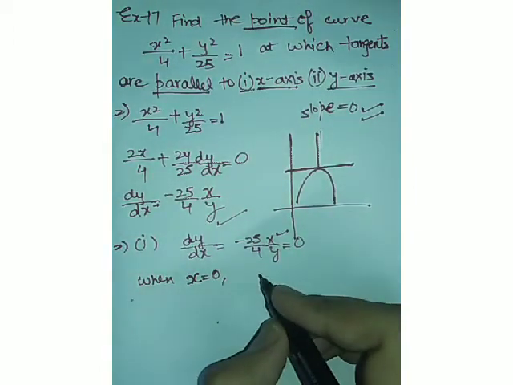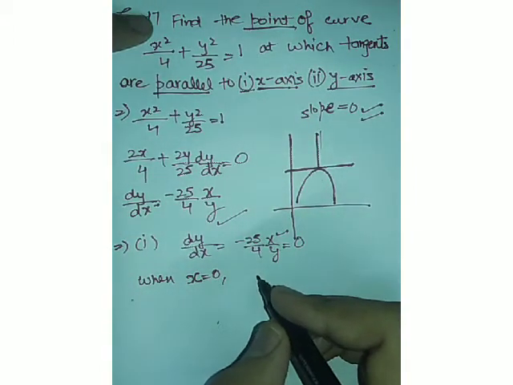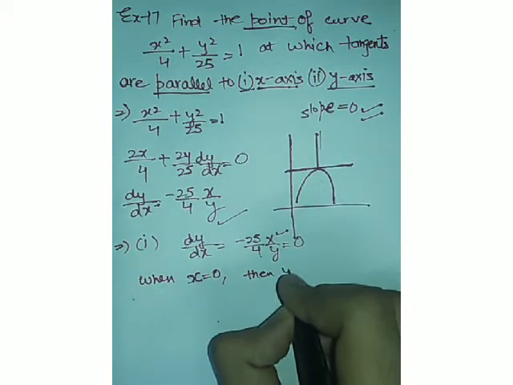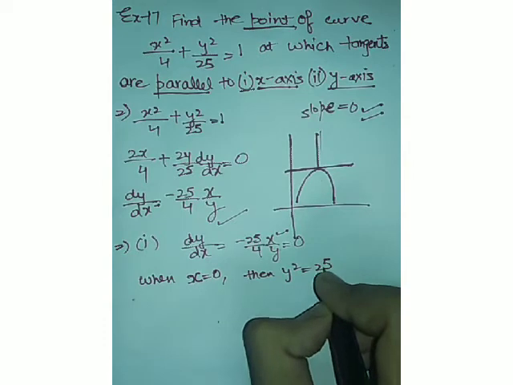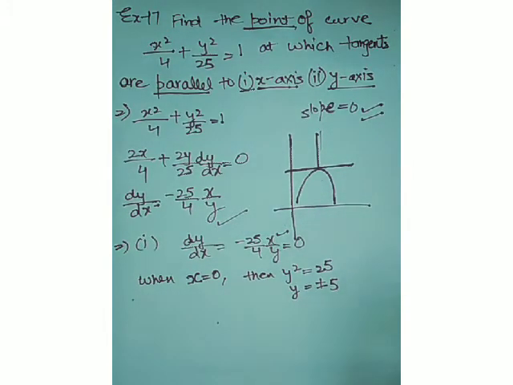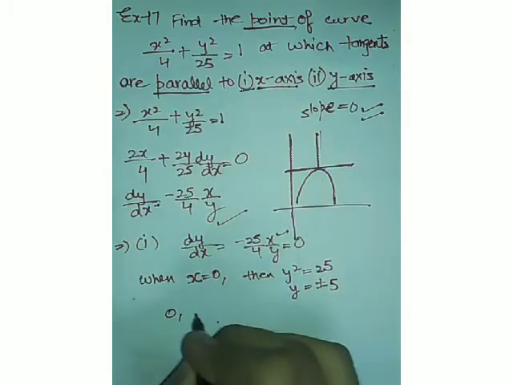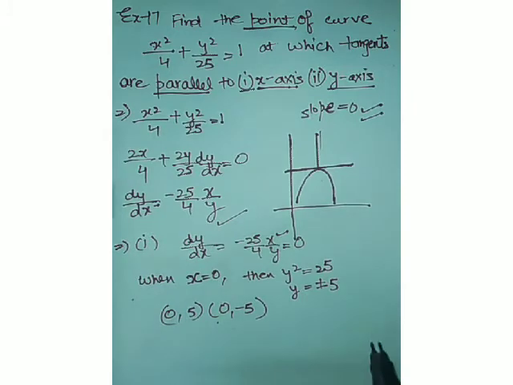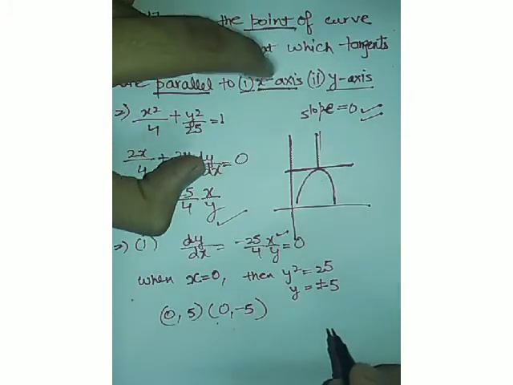So x is 0, substitute it in the equation. If x is 0, then y square will be equal to 25, or y will be equal to plus minus 5. Clear? So the 2 points are 0 comma 5 and 0 comma minus 5